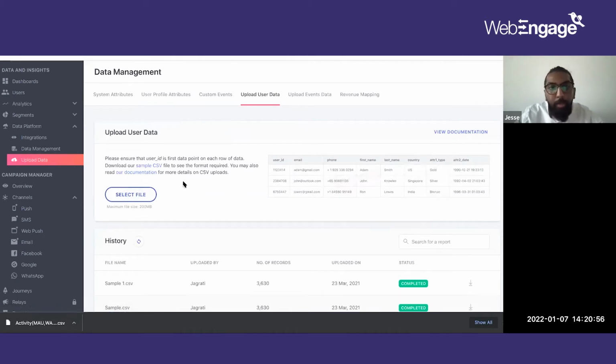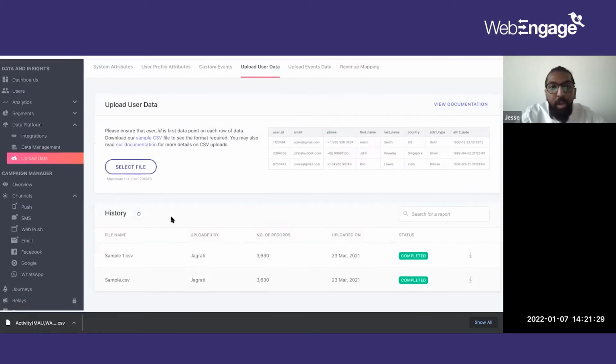Now, since you're new to the platform, you also have the option to download a sample CSV. This will tell you how WebEngage expects you to pass your data and in what format it should be: should it be epoch, what time zone, should it be in milliseconds, should it be in terms of email ID, phone number or user ID. This is important because it directly determines the hygiene of the data on the dashboard. So I would strongly recommend everybody who uploads data to download a sample CSV before going ahead and uploading their files.